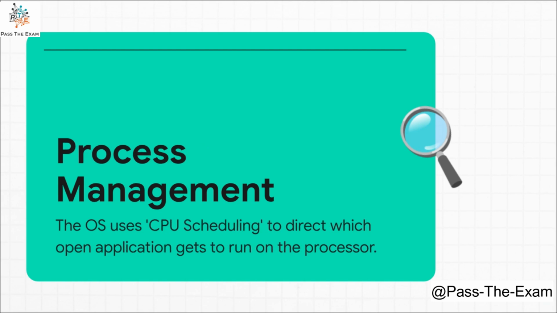Next, there's process management. Every single app you have open, your game, your music, your browser, is a process, and they're all screaming for the CPU's attention. The OS acts like a traffic cop at the world's busiest intersection. It uses something called CPU scheduling to give each process a tiny, tiny slice of processor time, switching between them thousands of times a second. It happens so incredibly fast that, to you, it looks like everything's running at once. That's the magic trick behind multitasking.